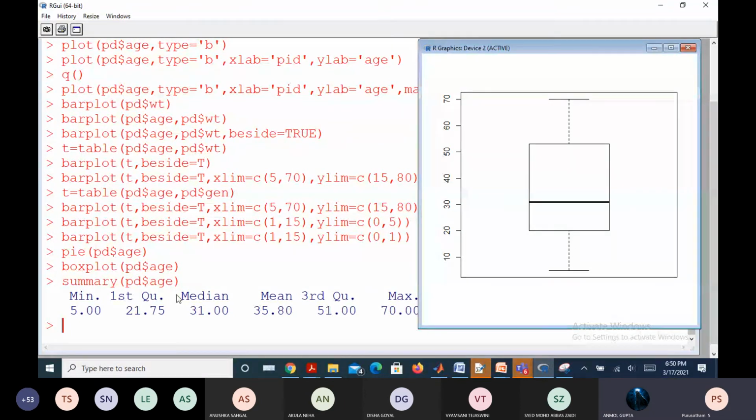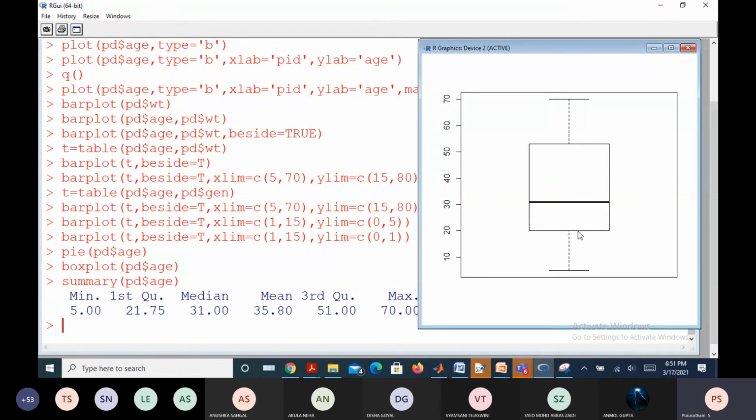Your data minimum point is that 5. 5 is here, this line. What is the maximum point? 70. This is the line. Now this is the line segment where your data is distributed. This is what I showed you in yesterday's session also, by drawing some line while explaining the quartiles for discrete data, isn't it? Now this is the line of the distribution of the data, and for that line, this one is your median line.